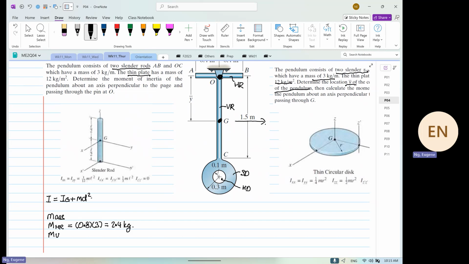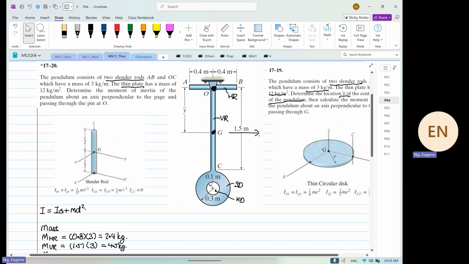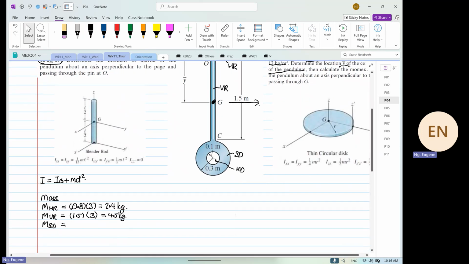Then the mass of the vertical rod, again, 1.5 multiplied by 3. So this is equal to 4.5 kilogram. Then we have the mass of the solid disk. For the solid disk, we have to find the cross-sectional area because we are given 12 kilogram per meter squared. So pi